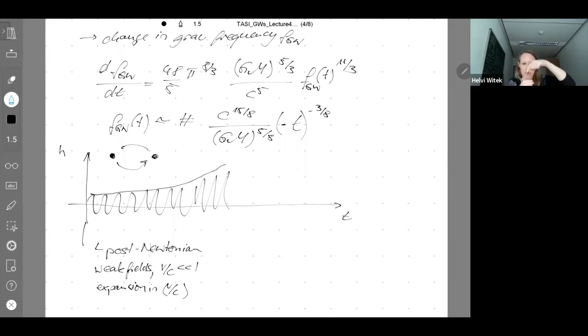So very close to the merger, and through the merger, we really have to solve Einstein's equations in full. If I continue this drawing here, we would go through this phase where we have the merger. So this is our highest frequency and amplitude. And then after the merger, let me have my drawing down here to not overlap with the equation,